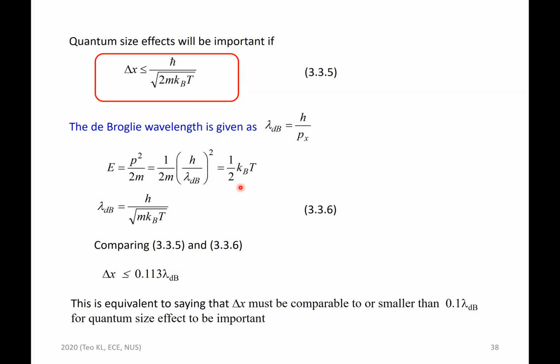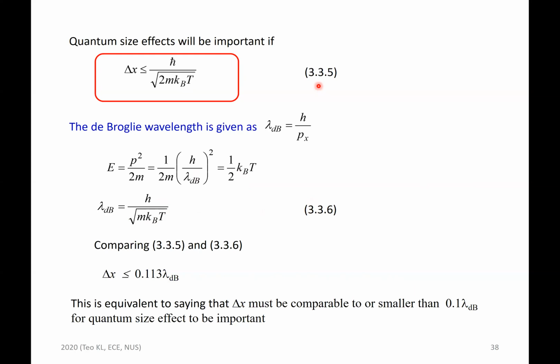Now, you can express lambda in terms of h over mkt. You can rearrange this term, and that will give you h over square root mkt. If you compare the de Broglie wavelength of 3.6 in terms of temperature and the